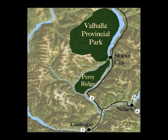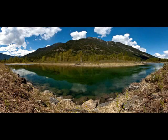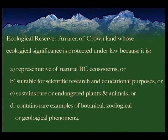Perry Ridge is the riparian area along the west side of the Slocan River and at present runs unprotected for 35 kilometers. Perry Ridge is in the southernmost part of the rare inland temperate rainforest, specifically unique in its active geological hydrology. Designation as an ecological reserve will protect the ridge and all those who depend upon it from irresponsible and irreversible